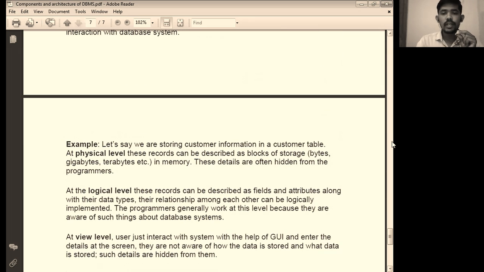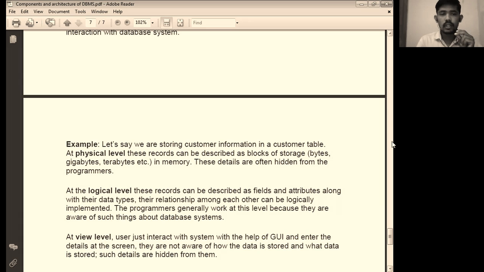So we are storing customer information in a customer table. So this is the example of database. So at physical level, the record can be described as a block of storage, that is bytes, gigabytes, terabytes in a memory. So in physical level, the size of a particular record is decided, and this record is stored in a particular memory. These details are often hidden from the programmer.